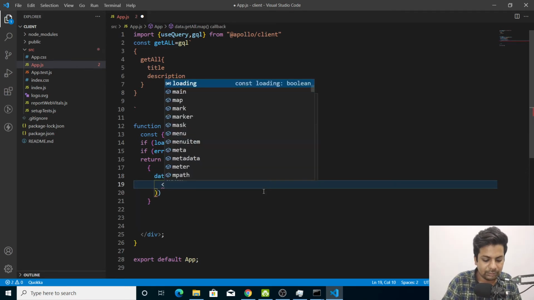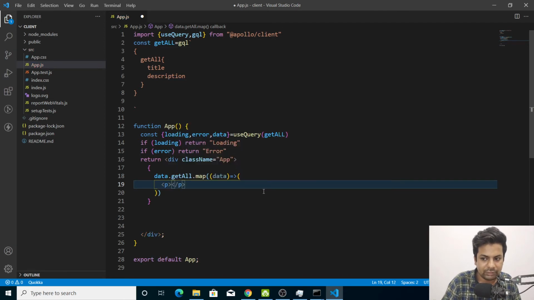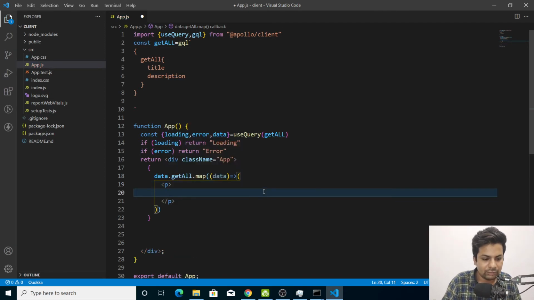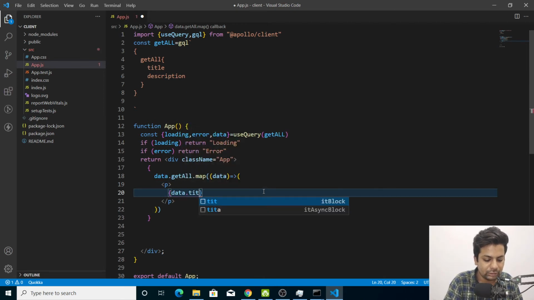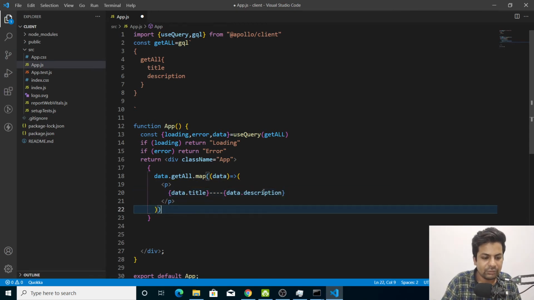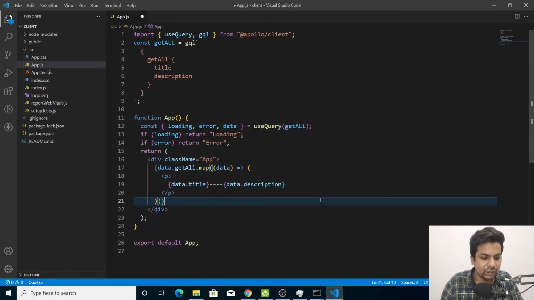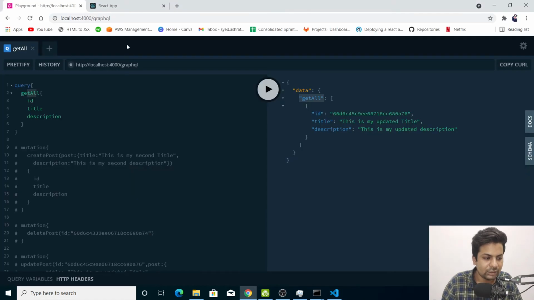Here we'll use a paragraph tag, and give data.title, and here data.description. When we want to call this, it will work on load because we are not making a function. So let me save it and check it.